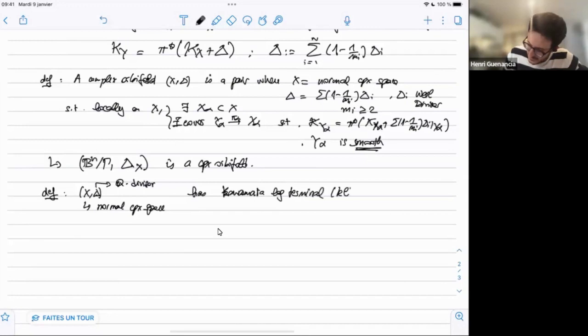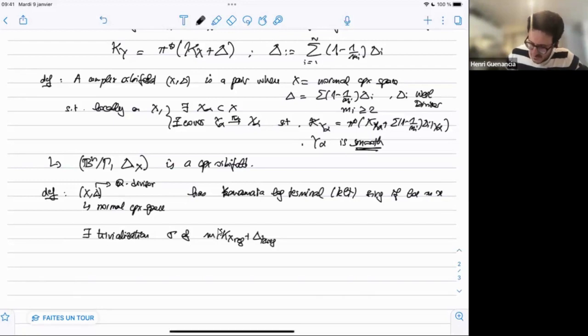So KLT for short. If locally on X there exists a trivialization, let's call this sigma, of a certain multiple of KX plus delta, KX reg. Okay, this is going to be confusing. I write it like this. So KX plus delta is a Q-divisor, and there exists a trivialization of this line bundle sigma